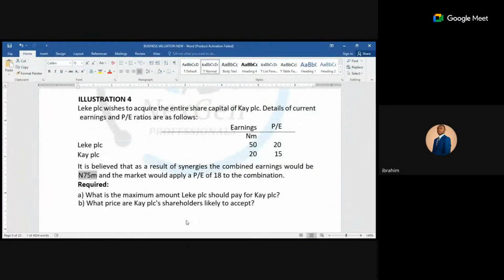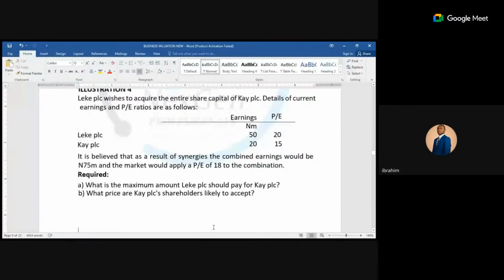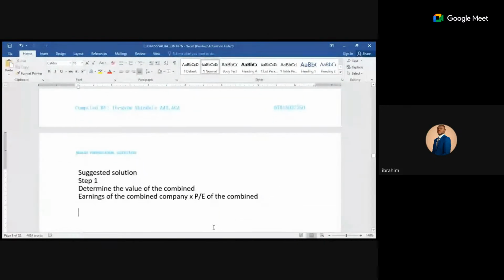Profit. And you can see that if it is individual, Lekki PLC has 50, KPLC, you can see that it is not even up to 75. If it is individual. So 75 million